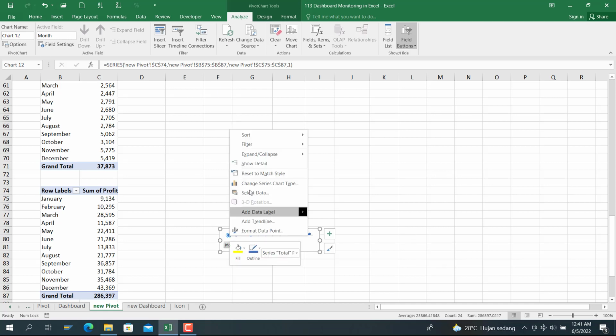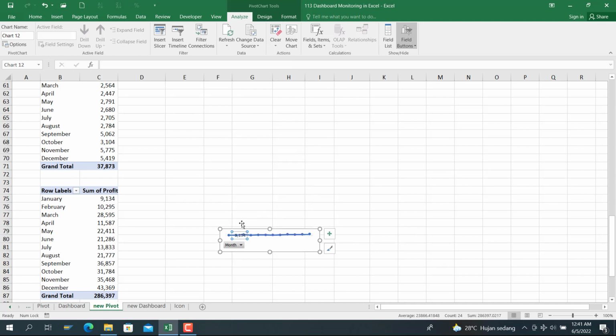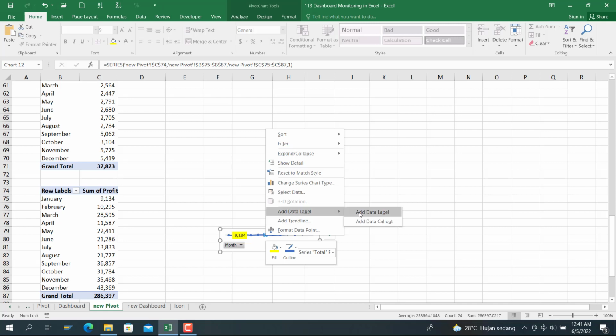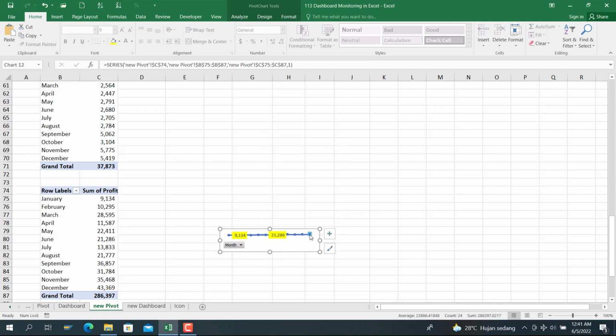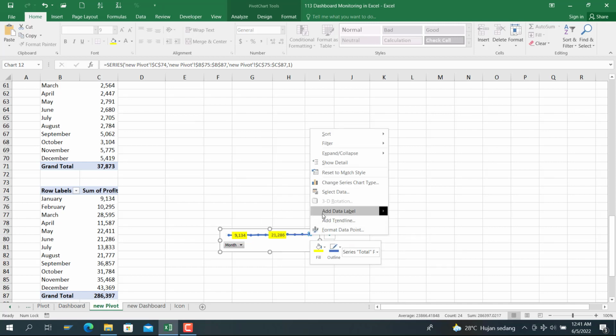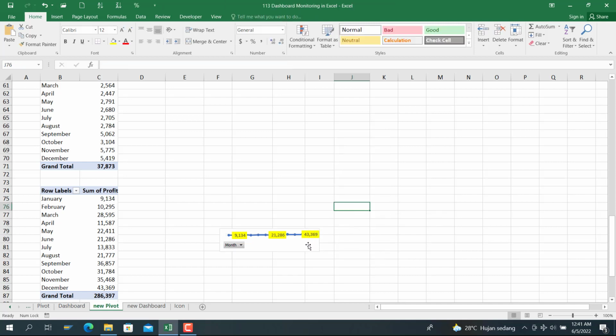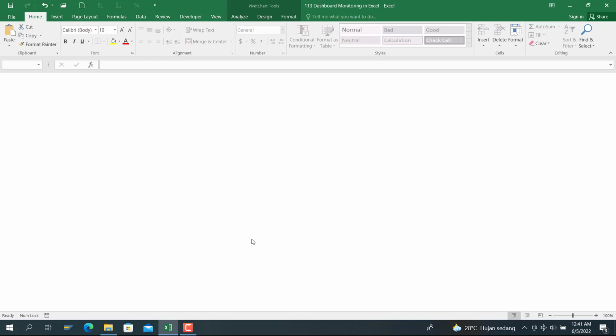Add January, color it with yellow. You can see here the total for June. Add data label 2 for June, and add data label for the last semester, which is December, and cut,